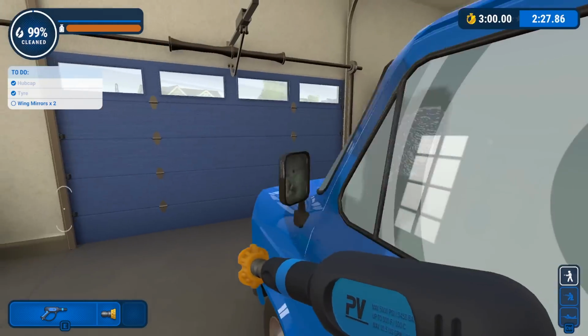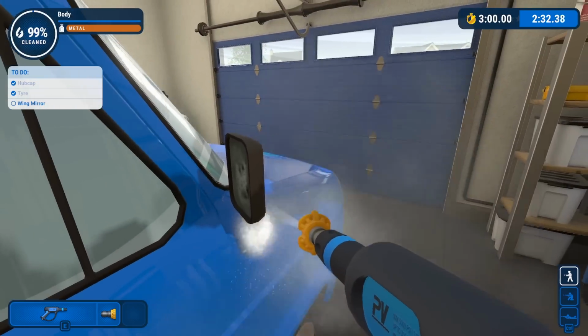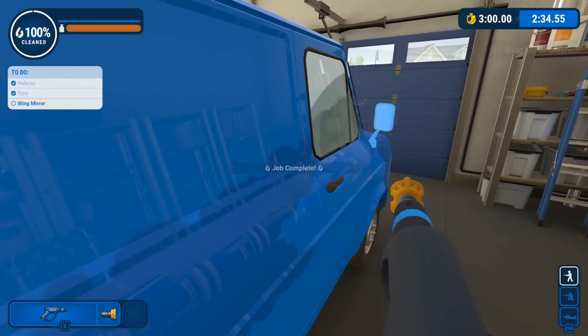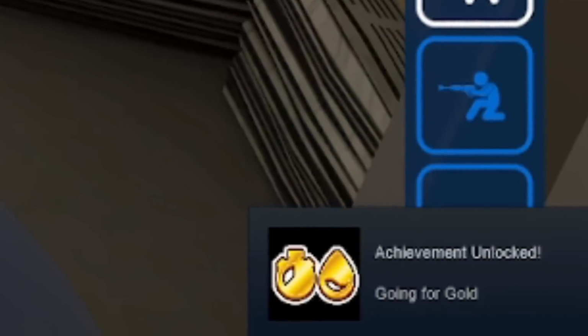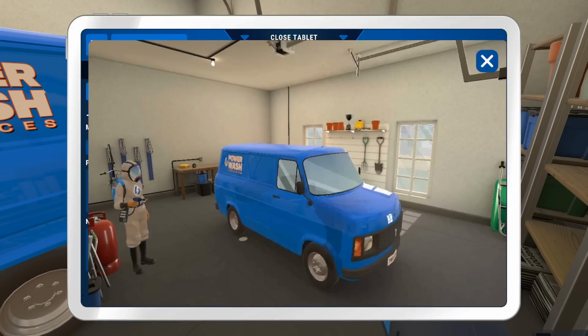By using the red nozzle for the windows, I was able to shave off just about 30 seconds on my time with an ending score of 2 minutes and 34 seconds, which means I got a gold medal and an achievement for it. However, we still needed 4 more gold medals for the next achievement, so I went back to